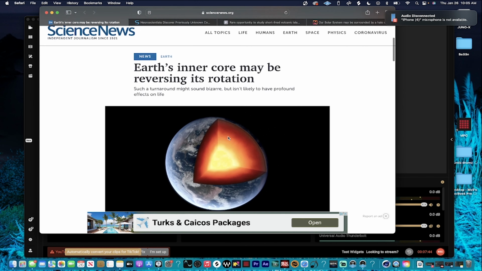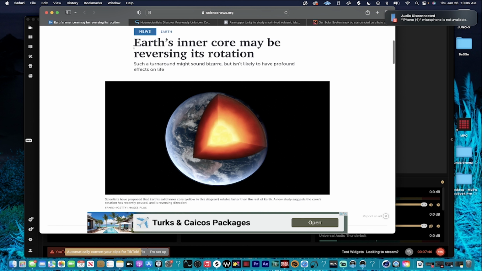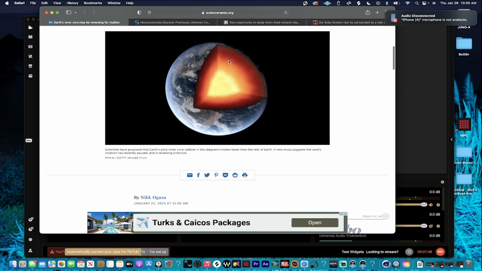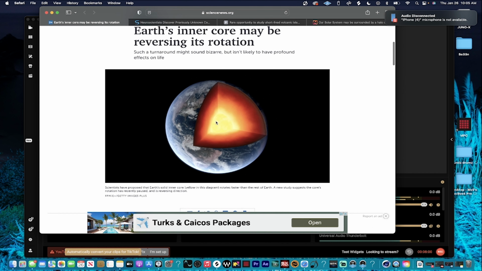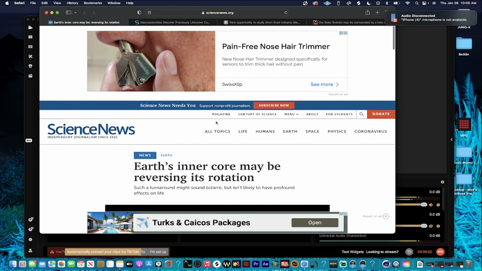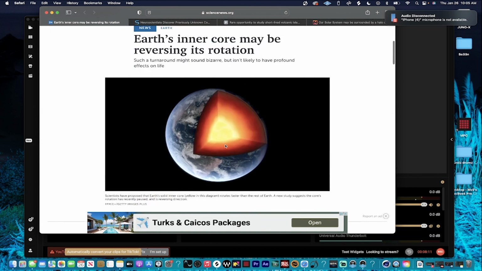But not to go too far off topic, Earth's inner core, there's a lot of changes happening on Earth, just as there is on these other planets. But I would like to see if any other planets are experiencing this. That should be the next Hubble space project. Let's see if any of this is happening on any other planets, which 9 times out of 10